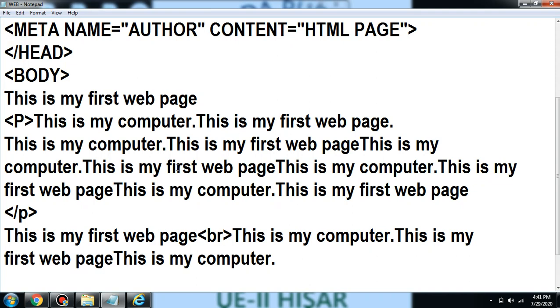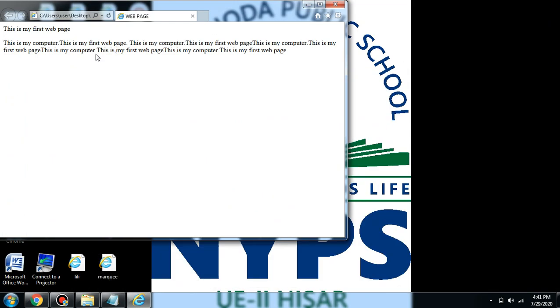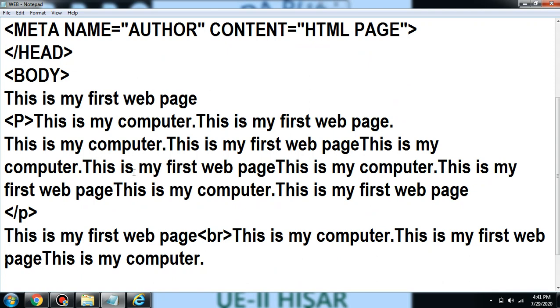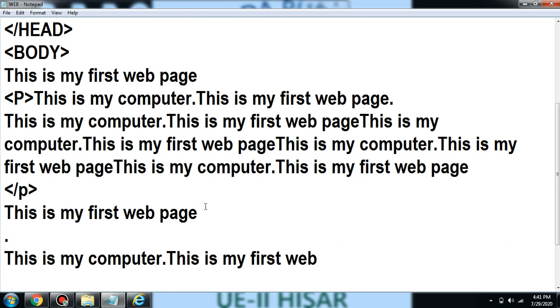Every time when you are changing your document or your web page, every time you have to save those changes. Now again we have not closed it, we have to just refresh it. Now you can see in HTML, basically if you are typing, I am removing this BR tag and I am just pressing the enter key.